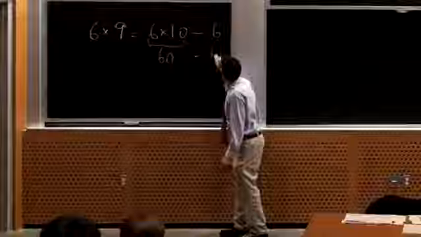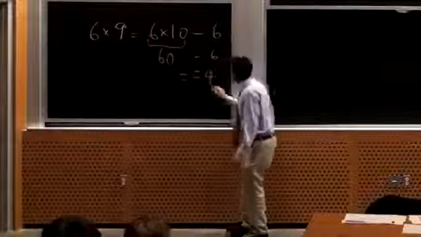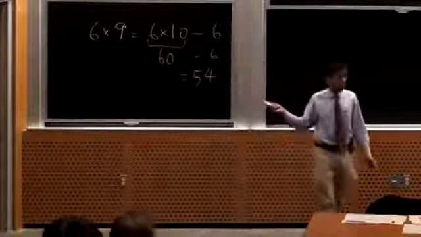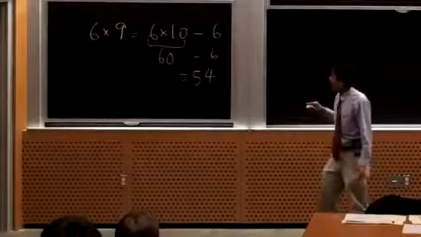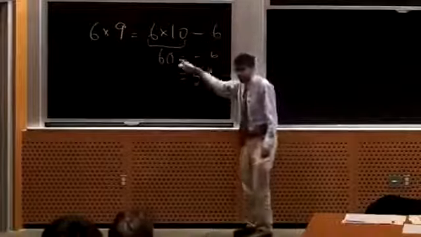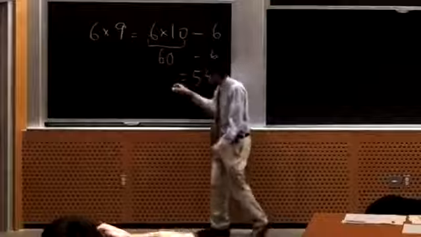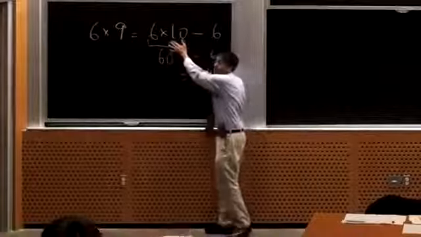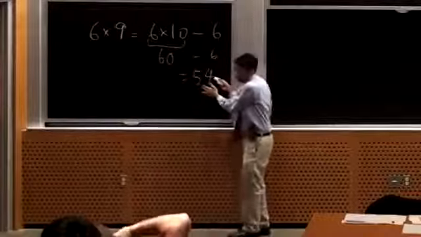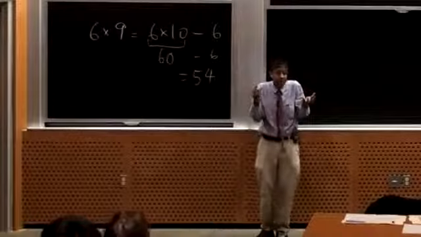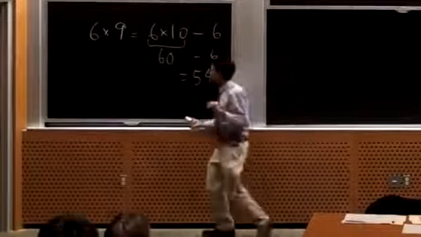So minus 6, and you get 54. So now that's a bit longer the first time you do it. It's longer than memorizing it. But after you do multiplication a bunch of times like this, you reinforce the meaning of the number system, and you come up with the same answer, and eventually you will memorize it, but you've memorized it in a different way. Here's another example.